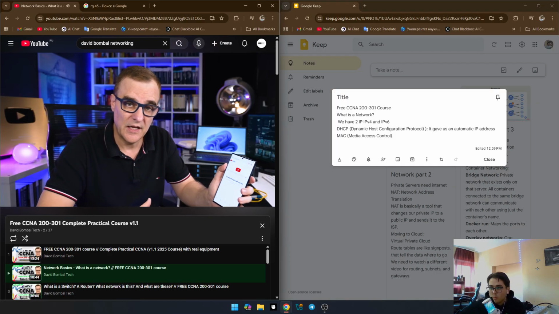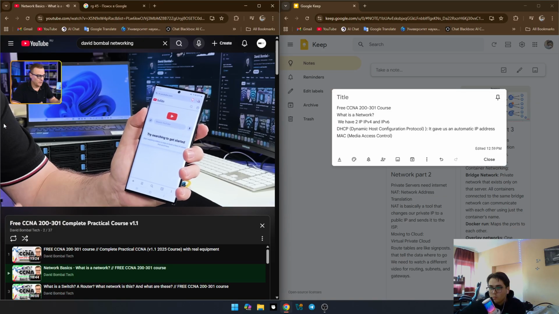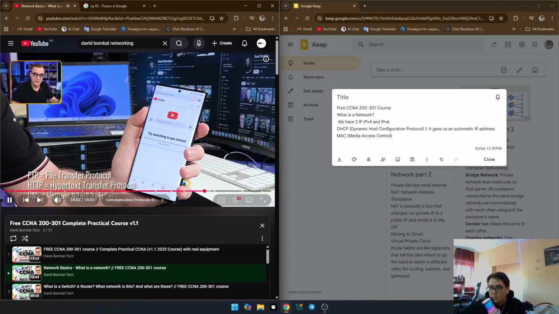Humans use, for instance, English or another language. Computer devices use IP version 6 and other protocols such as FTP, HTTP, DNS, and other protocols that you